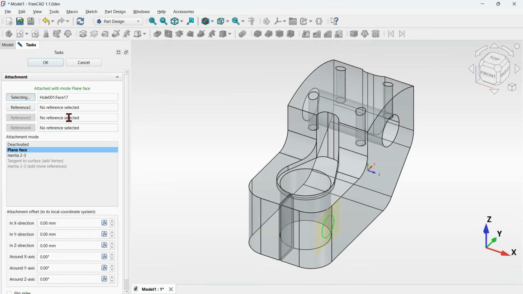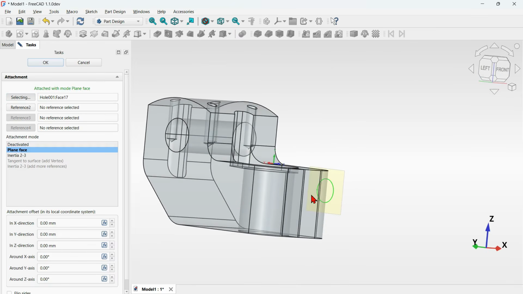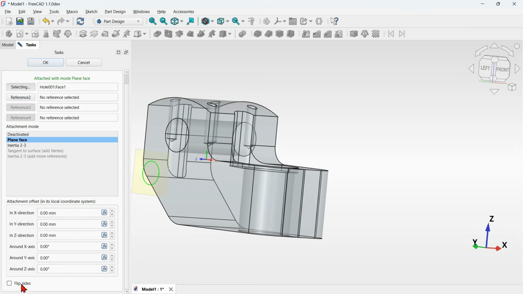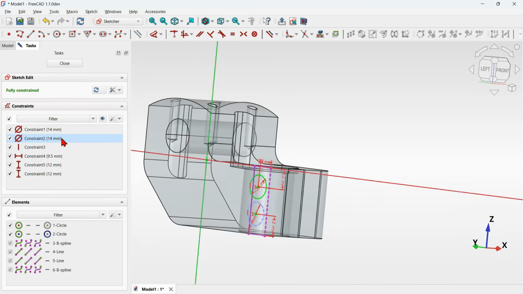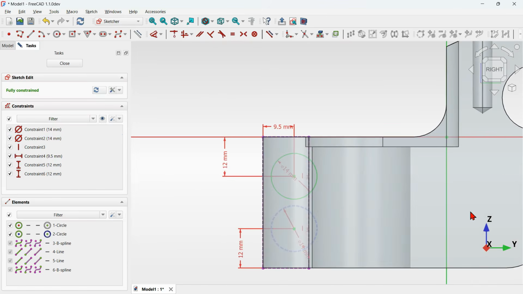Click on the plane button and now rotate the view and select this face here. You can see that the sketch is placed here. We can fix this. Just scroll down and check this option, flip sides, and we have this. Now press OK. Double click on the sketch 006 and now it's time to change this geometry to construction geometry